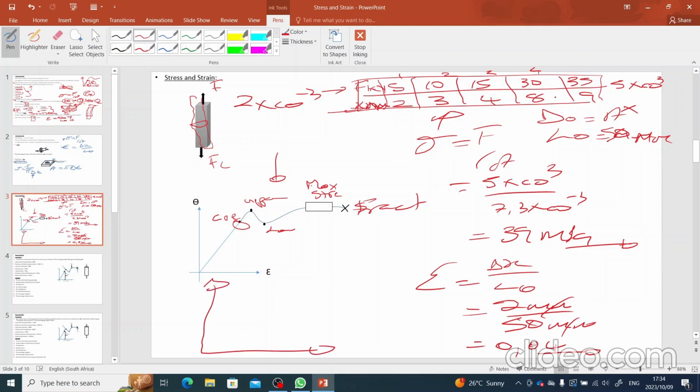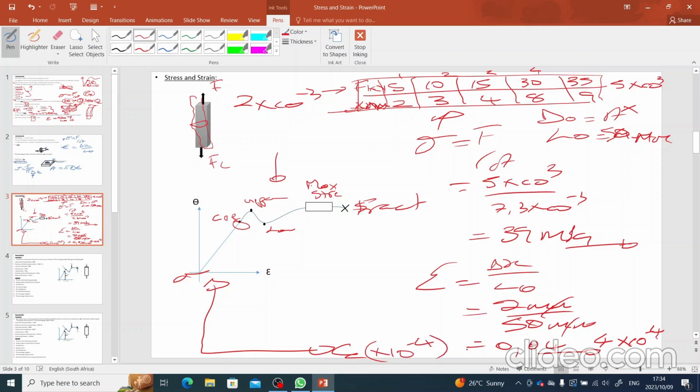After you've calculated your stresses and your strain, indicate under the strain. What is it that you need to indicate? It means you need to raise this answer to exponential form. Let's say we are raising it to exponential form, it will be -4. All our strains must be raised to exponential form. Then you indicate here